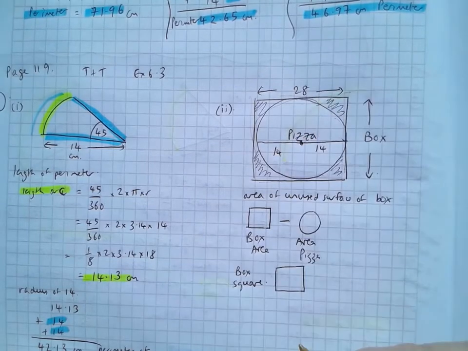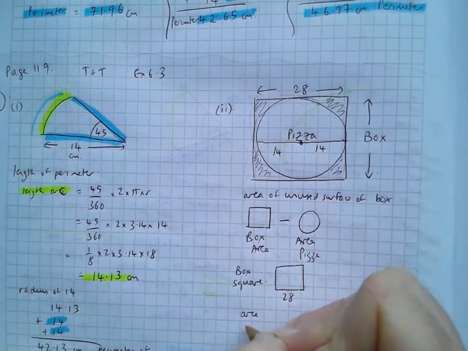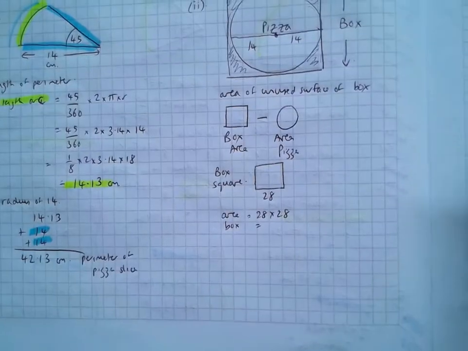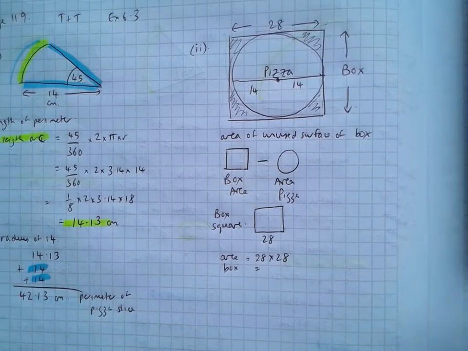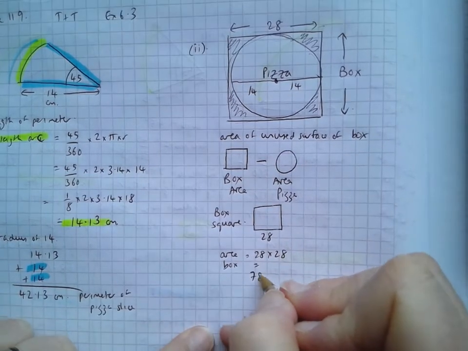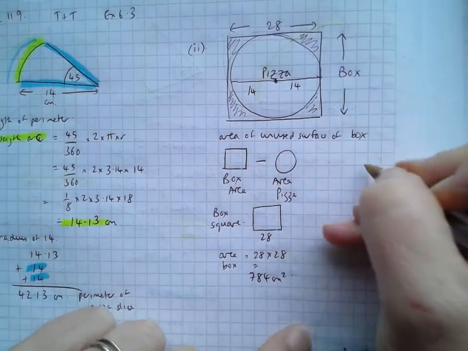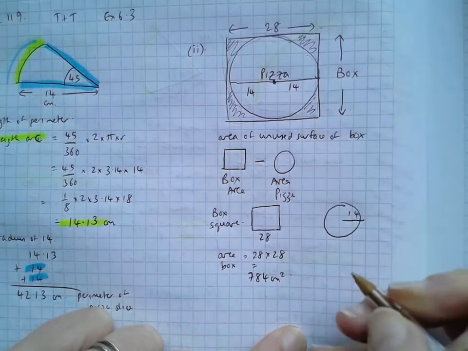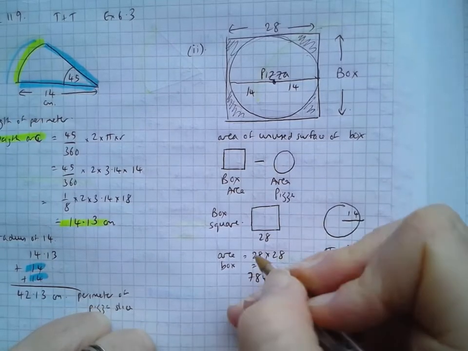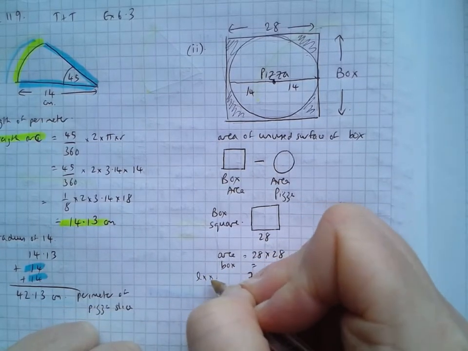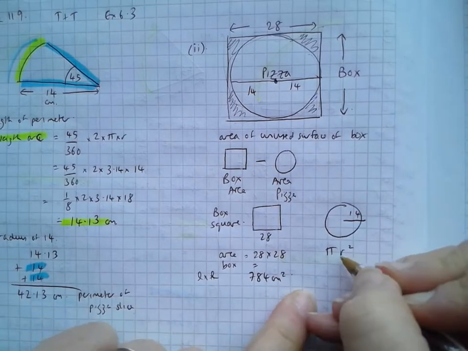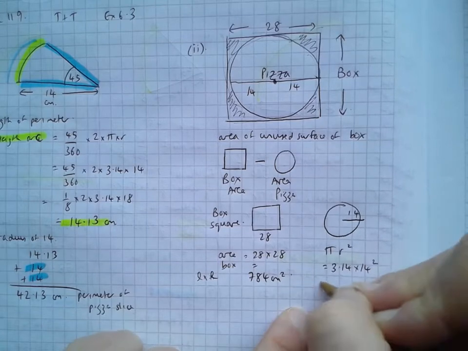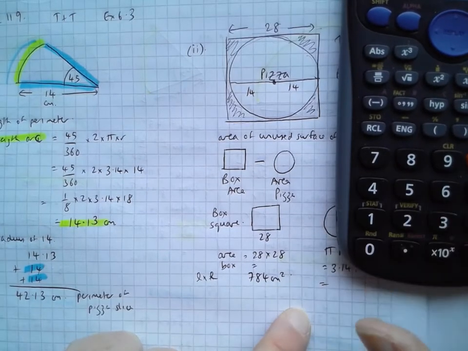So the area of the box is 28 times 28, which is 784 centimeters squared, and the pizza has a radius of 14. It's pi r squared. That was length by length, by the way, for the area of the box. The pizza is pi r squared, which is 3.14 times 14 squared,